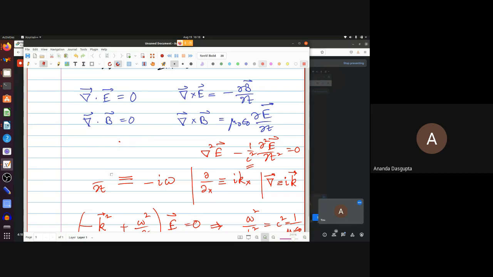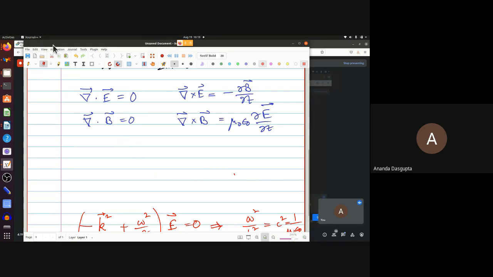If you assume both your electric and magnetic fields are of this exponential plane progressive wave form, then this immediately tells you something. For example, what does this equation tell you? Divergence of E equal to 0. What does it tell you about the wave? What is divergence equivalent to? The charge density. No, that's physically equal to the charge density. Here there's no charge density, right? But what is divergence equal to mathematically?